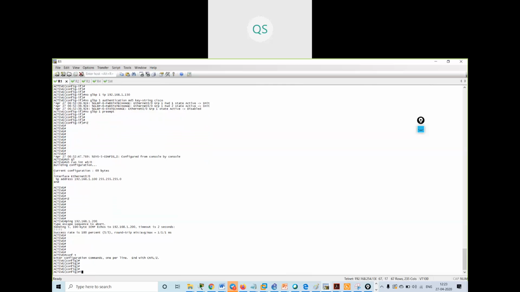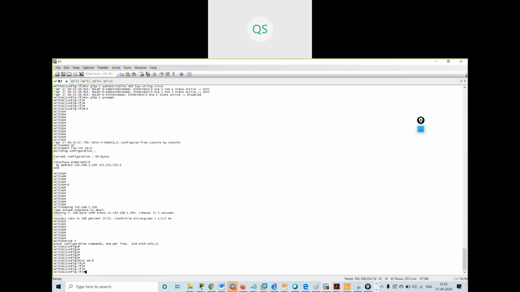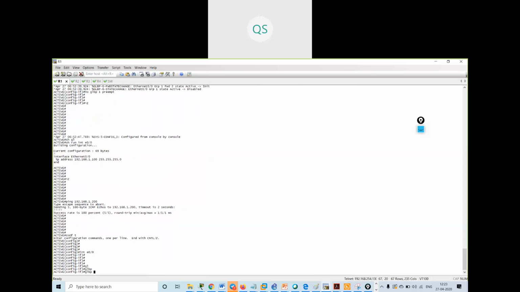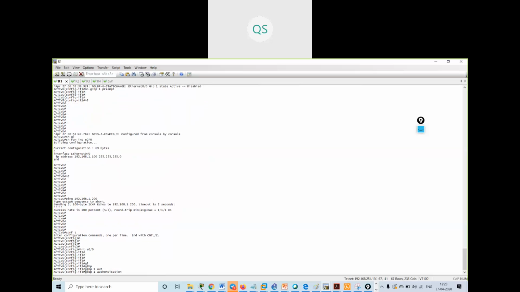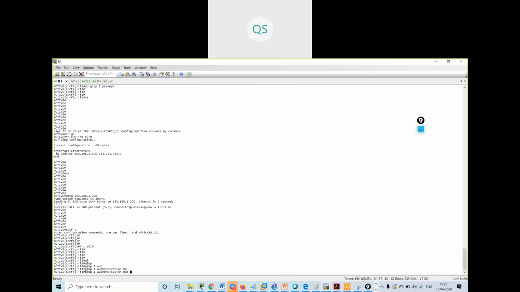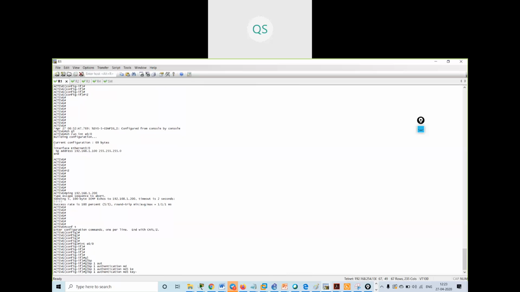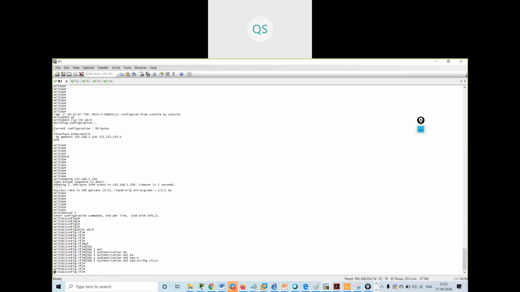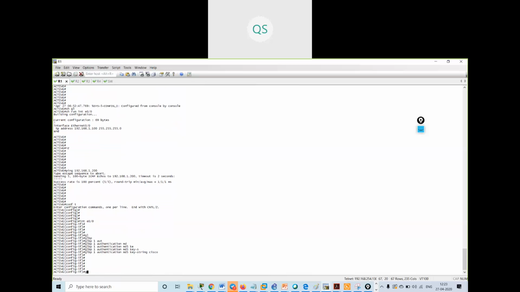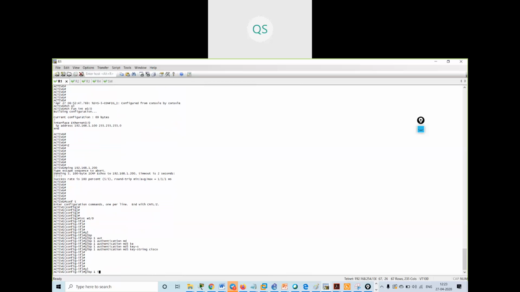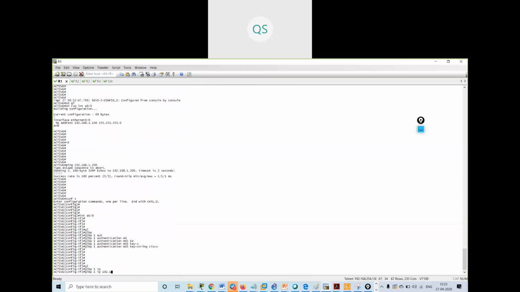Config terminal, interface 0/0. So first what I will do, I will configure the authentication. GLBP 1 authentication MD5 key-string Cisco. Okay, then GLBP 1 IP I will give 192.168.1.150.